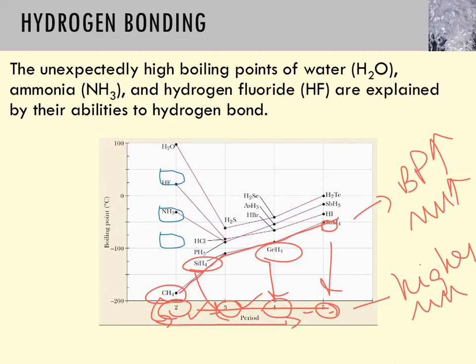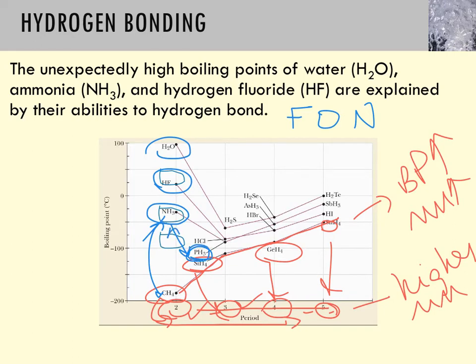However, now let's look at atoms that are capable of hydrogen bonding. Remember, hydrogen bonding is fun. So let's look at atoms that are attached directly to either nitrogen, fluorine, or oxygen. Let's just start with ammonia. Nitrogen is in period 2 in the periodic table. Right below nitrogen, we have phosphorus. So let's compare nitrogen and phosphorus. Phosphorus is larger, therefore the molar mass would be higher, and therefore you would expect boiling point to go up,